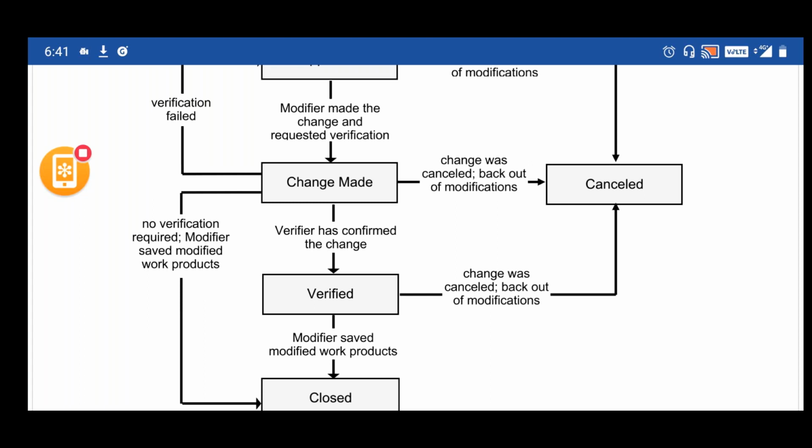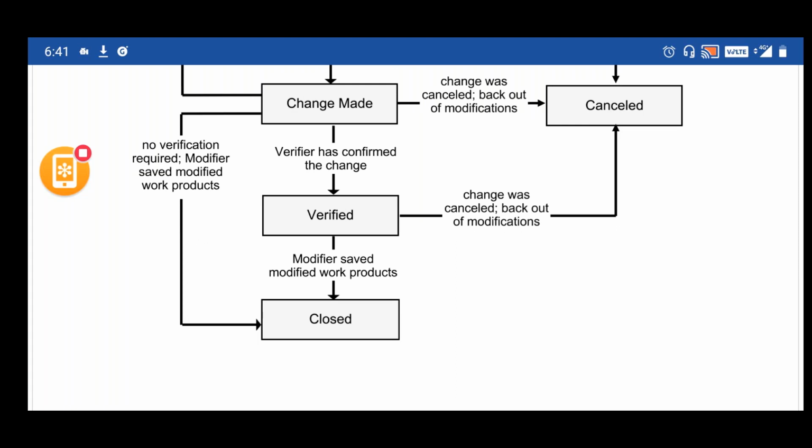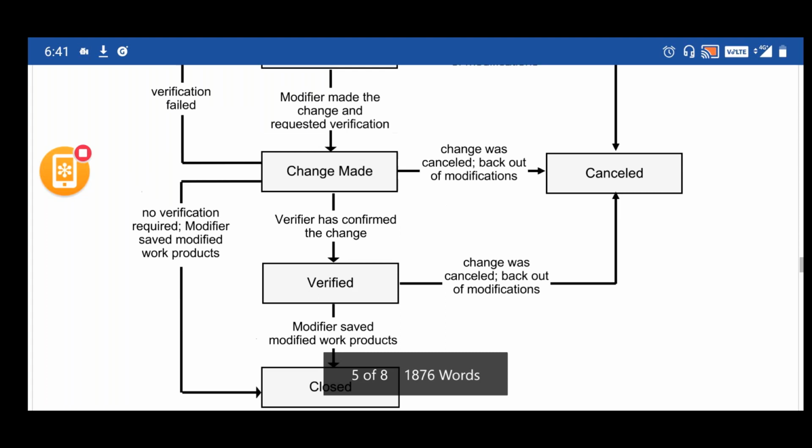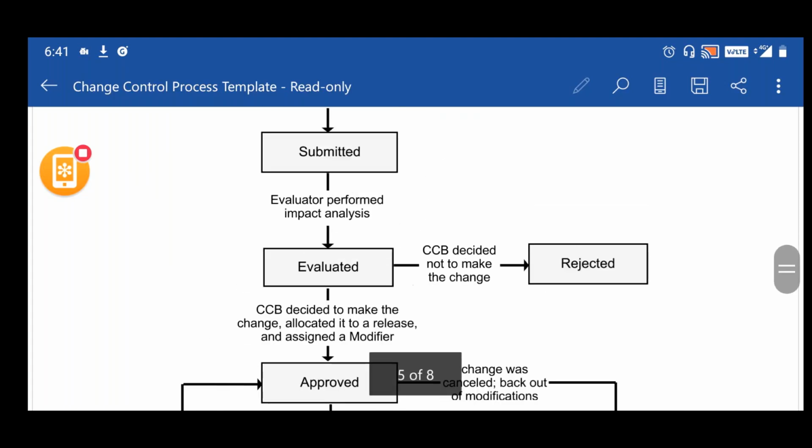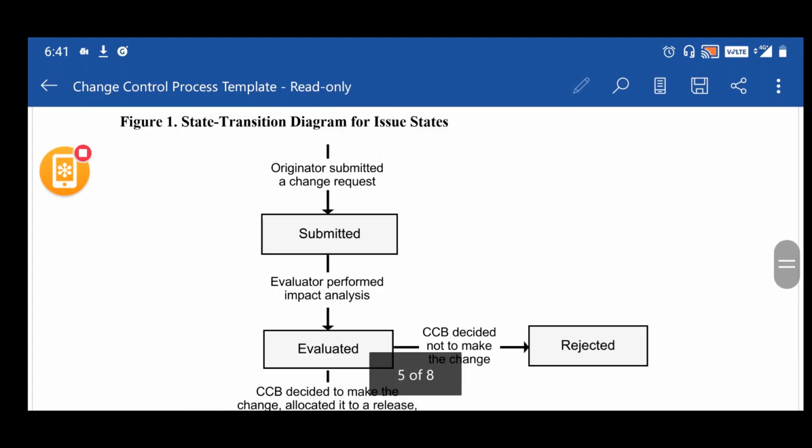From verified status, if it is working fine, they save the modified work product and do the final implementation. That is when the status is moved to the closed status. So the change request passes through all these stages.